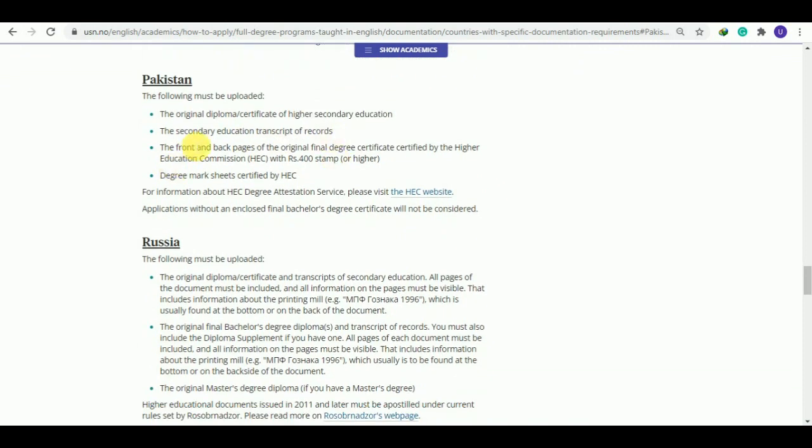You also have to upload the front and back pages of the original final degree. Final degree means your bachelor's degree, and it must be attested from HEC. The degree of bachelor must also be attested from HEC, the Higher Education Commission of Pakistan.